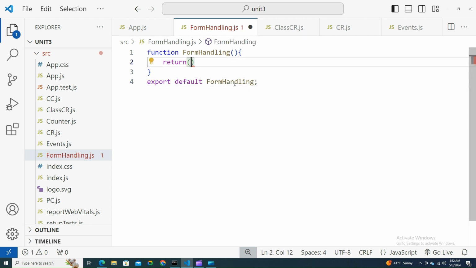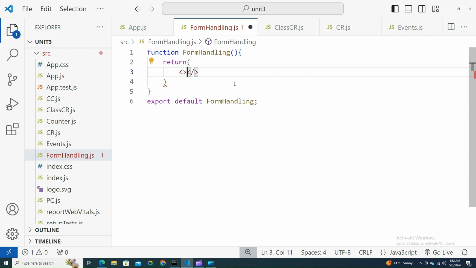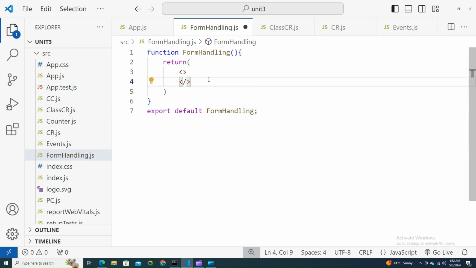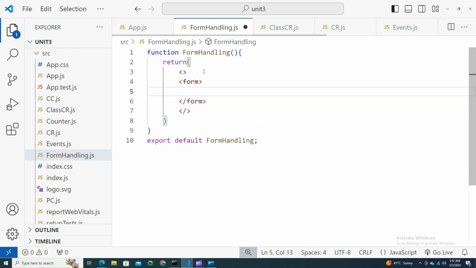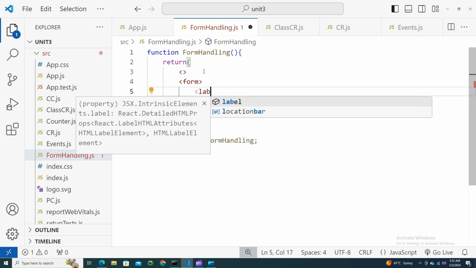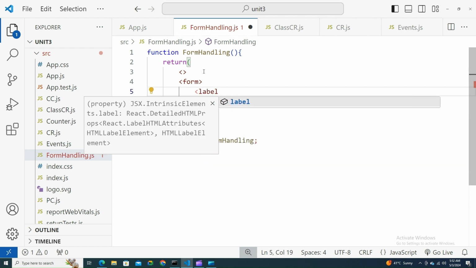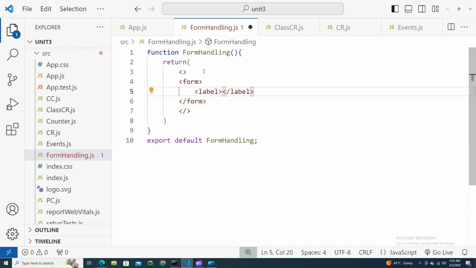Now let's create a form in it. So to create a form, let me have a fragment. Within this, let's write the form. Create a label. Let me take username and password. First, let us start with one thing, label. Label is something like name, right? Next comes the input tag,